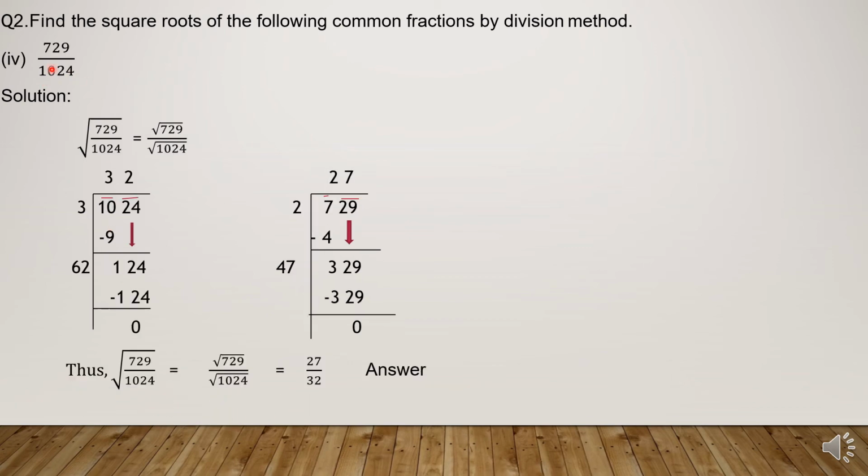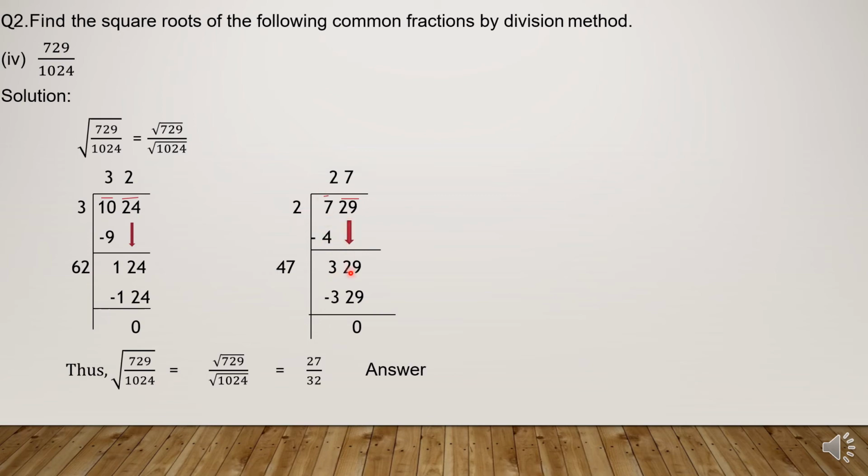See part number 4. 729 divided by 1024. And we have to find square root of this number. Got it? First the square root of numerator and then the denominator. First of all we will put the sign of square root over here. Okay, numerator is written over here and denominator is written over here. There is nothing to be worried about. We will put the values accordingly. Means first we will put the value of 729 square root and then this. Okay, 729, make the pairs and then start your division. 2 2s are 4, 7 minus 4, 3.